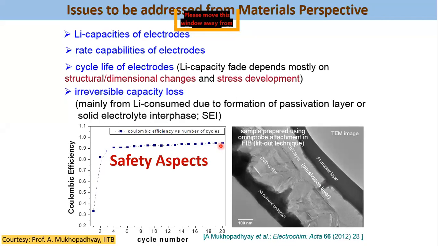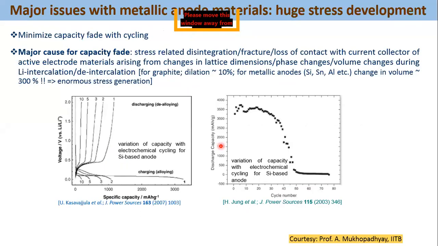Now I will focus my presentation on the issues that majorly come with the volume changes of the electrode materials. What happens when lithium gets stored in electrode materials is that due to the incorporation of lithium ions or lithium species, the size of the electrode increases. Due to this insertion of foreign lithium ions, the volume of the electrode will increase.